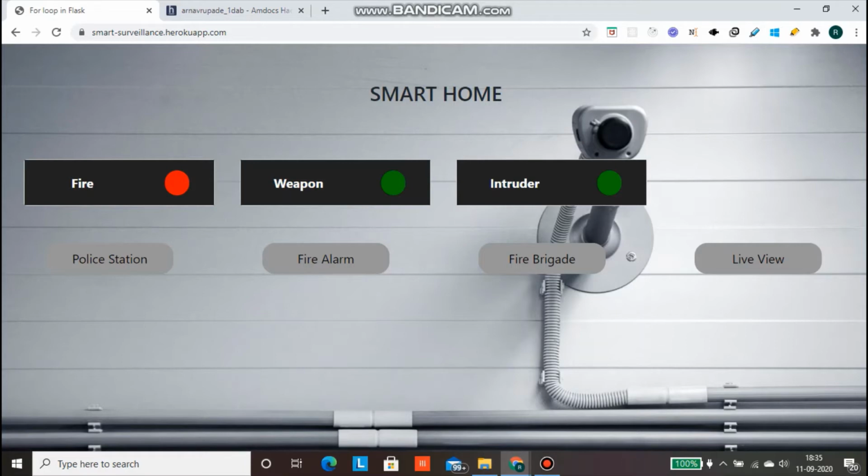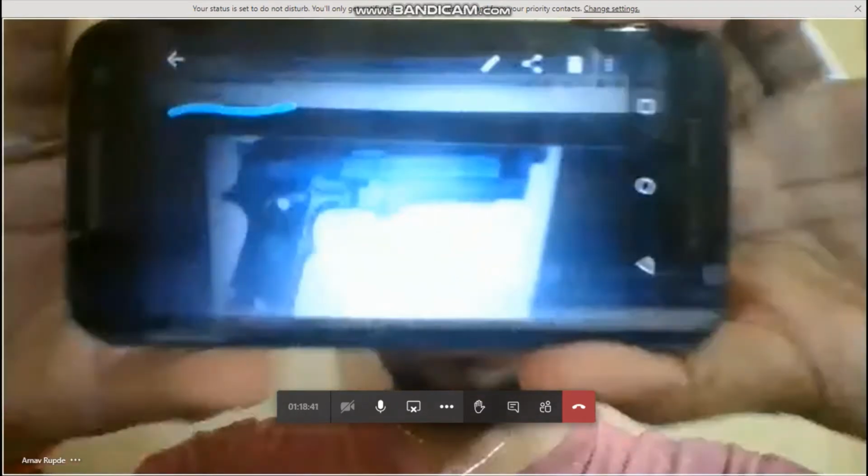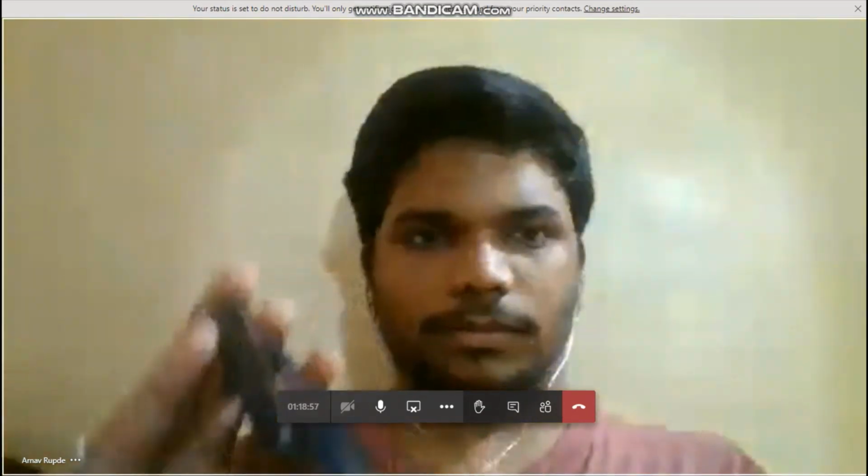As we saw the fire with the SMS sent and the fire alarm, we move on to the next parameter, weapon, that an intruder or a thief can carry along with him. If the thief is masked and the device cannot record his face, we can predict it using a gun or knife that a thief carries. So here we go with the weapon detection. And here we see if a thief carries this gun along with him, it will get predicted, and we will see the red sign which is initially green, and an SMS will be sent to the user that an unknown activity has taken place at his home.